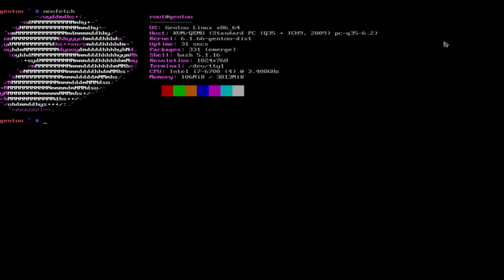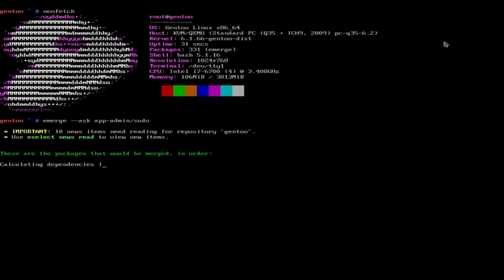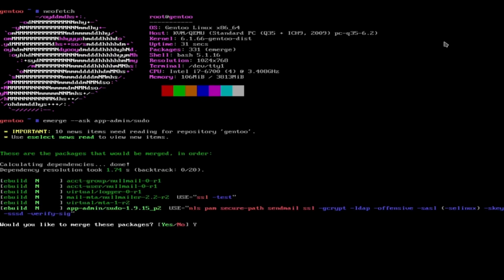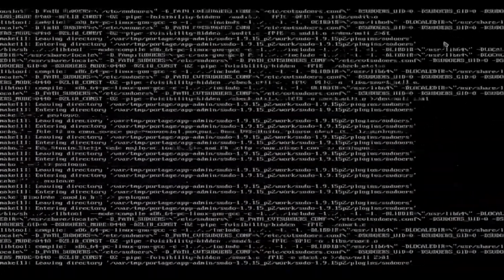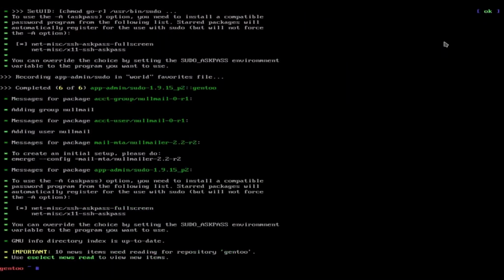So let's install sudo. emerge --ask app-admin/sudo and click enter and type yes. Now let's clear the screen, and now let's add a user